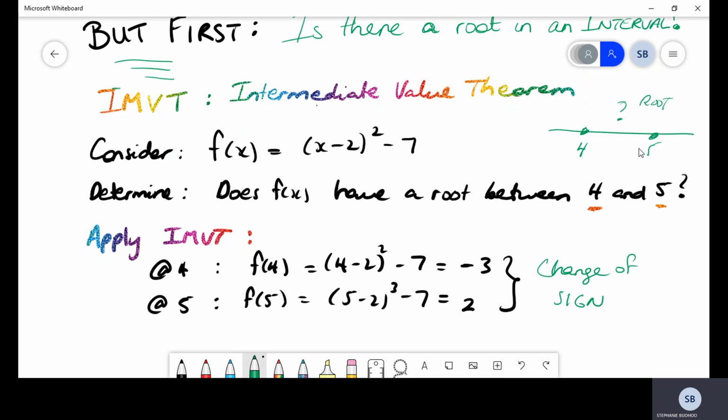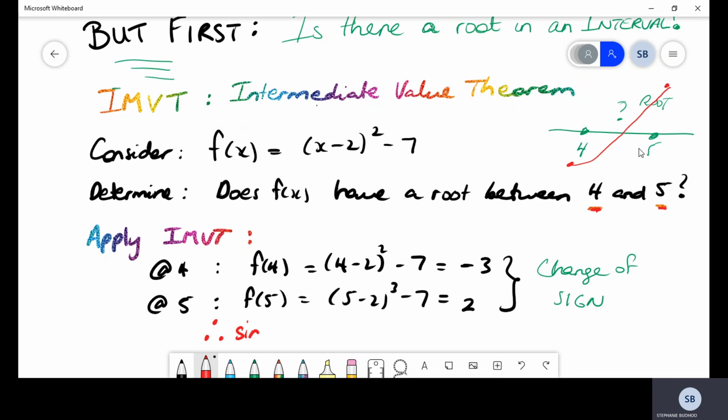A sign change tells us that if one value is negative, it would lie in a certain quadrant, and if the other value is positive, it would lie in a different quadrant. Using that knowledge of change of sign helps us evaluate clearly that a root must lie between these interval values. So therefore,